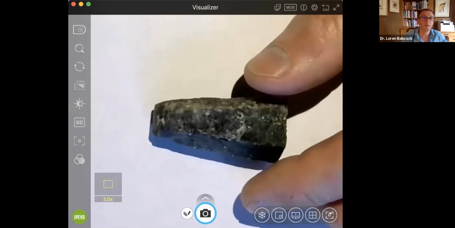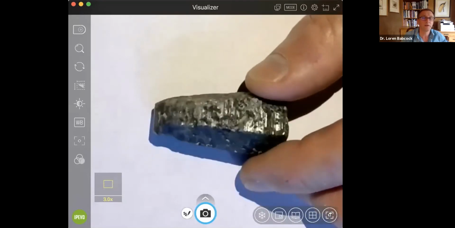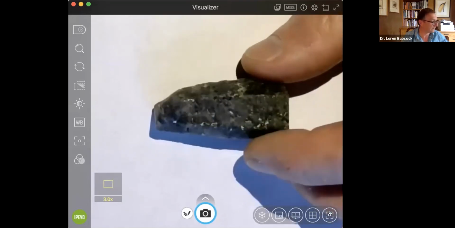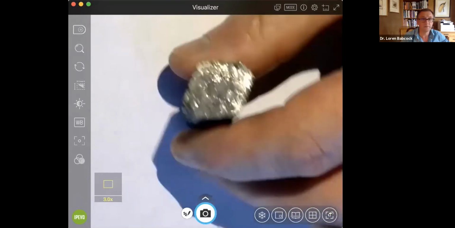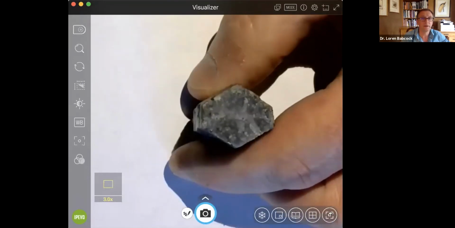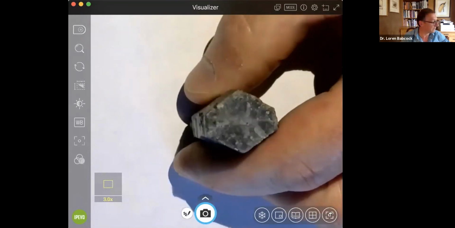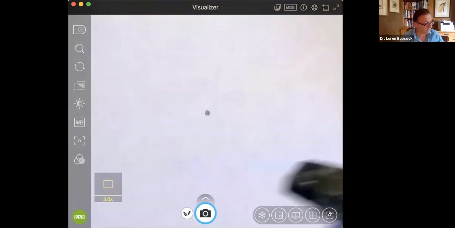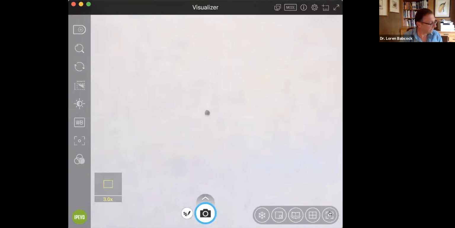And there are also some little lines on it, little things that we call striations, that further indicate that this is a crystal. In top view, you can see very clearly this thing has 6 sides to it. This is a crystal of a mineral called corundum. The alternative is